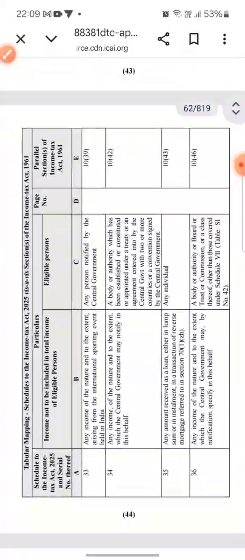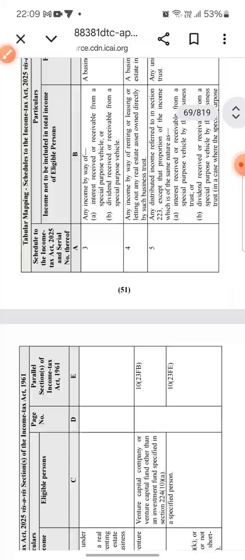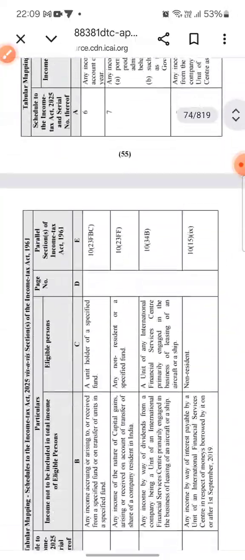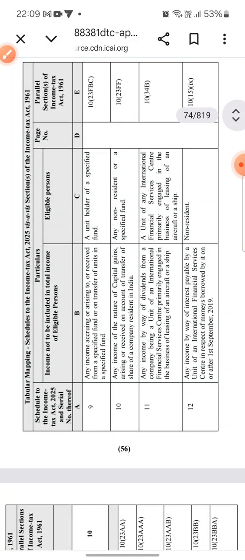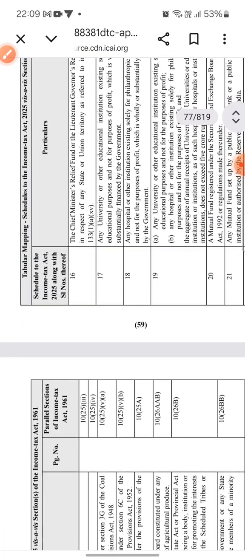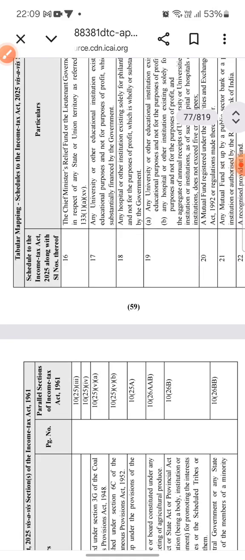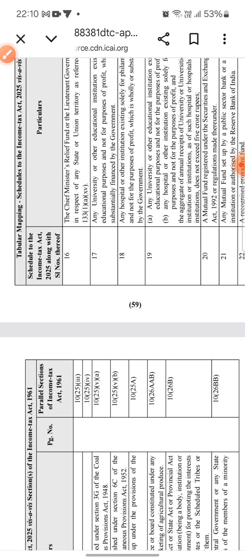All these are the schedules mentioned in the Income Tax Act 2025. Suppose earlier there was section number 10. A number of exemptions were mentioned in section 10, which is used for the purpose of exemptions given to particular castes, societies, or particular portions or particular income of the society. So specific,